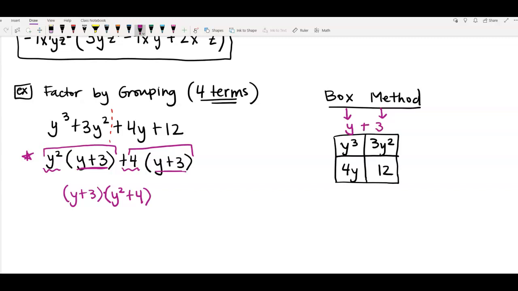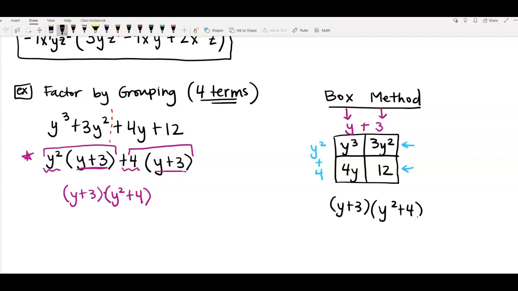All right, now let's do our rows here. We just did the columns. Now we need to look at the rows. So if I look at y to the third and 3y squared, the greatest common factor of those is y squared. And then let's look at 4y and 12. The greatest common factor of those two is positive 4. So then you can see there's my answer. I get my y plus 3 in one of the parentheses, and then y squared plus 4 goes in